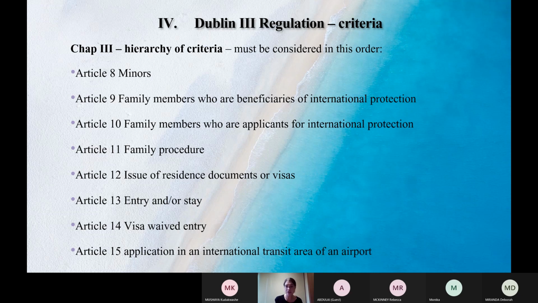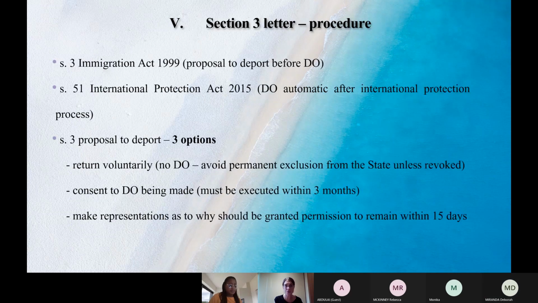Again, ask questions at the end if you would like. So I'll just move on then to the Section 3 letter. So the Section 3 letter, there's a difference between